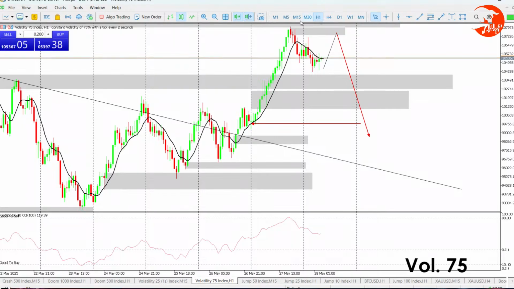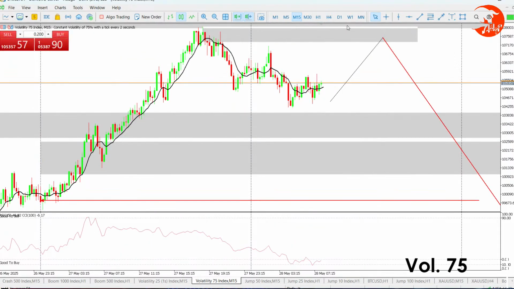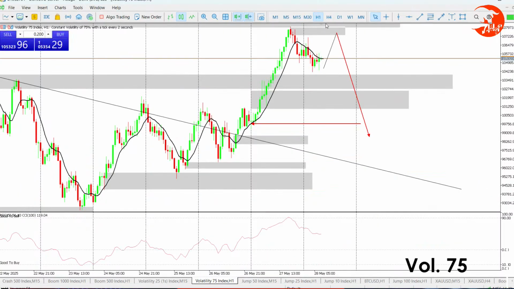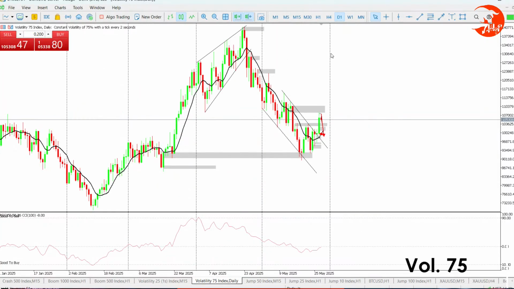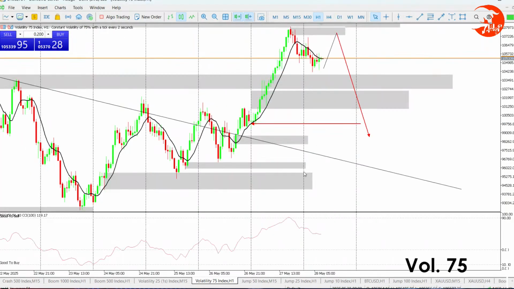Get to that, and then I don't want to enter any buys here because the market is weird. It is very slow. You can see it on the candles right here. So I will wait for price to get back up there, then I can get into sales. But as of now, I can't make any entries. I will leave it at H1. All right, I think that's it for now.